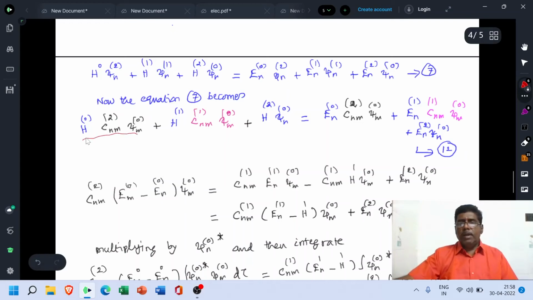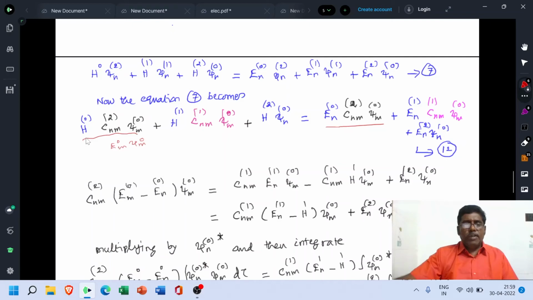This one and this one. These two terms are combined. But actually H0 psi m0 is Em0 psi m0. So that Cnm of 2 (Em0 minus En0), bringing this term to the left hand side, multiplied by psi m0, is equal to Cnm of 1, this term Cnm of 1 psi m0,